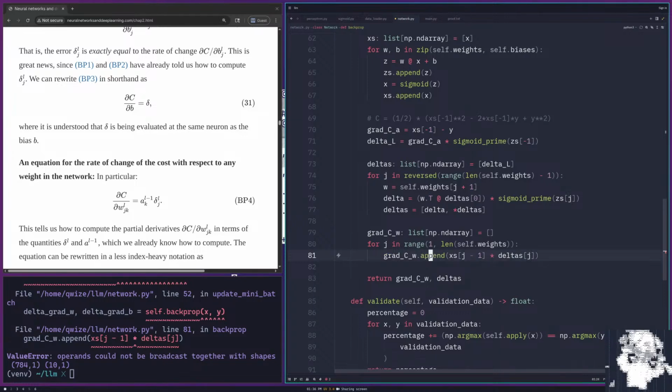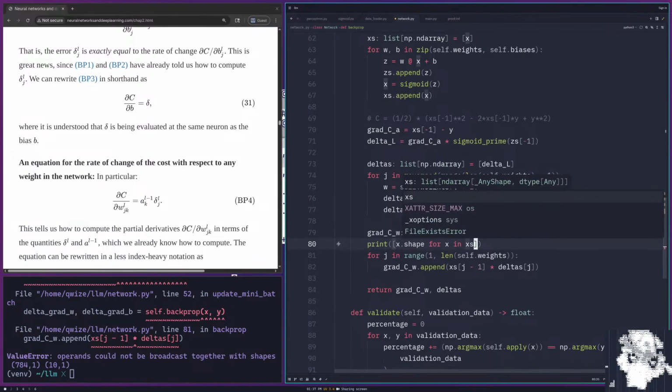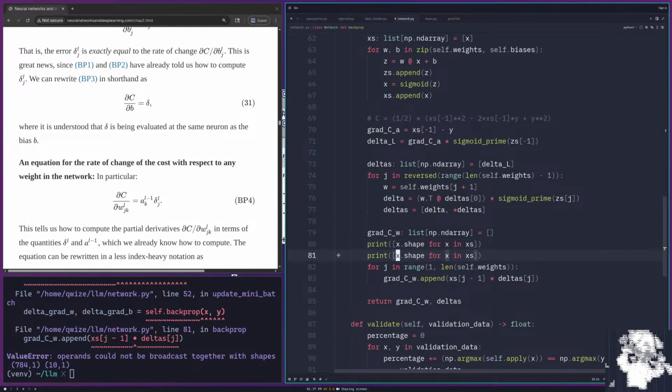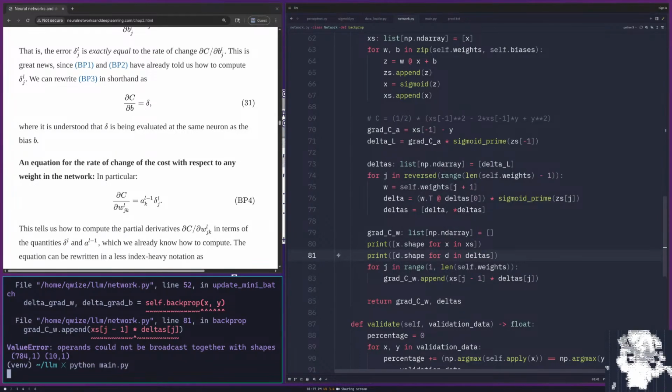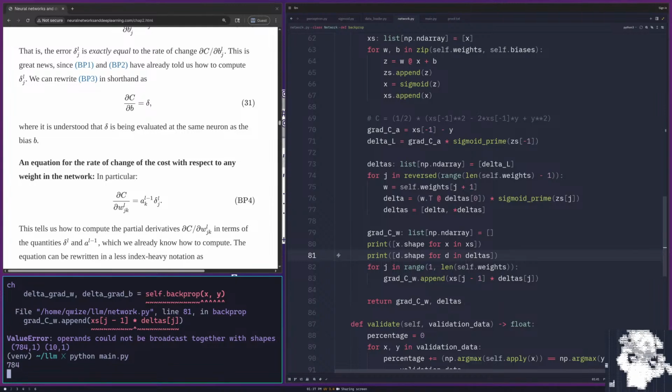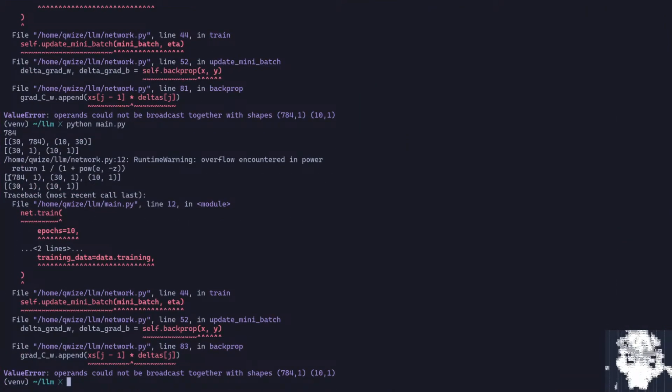I don't want to print. Print X dot shape for X in X's, and also print D.shape for D in deltas. So these are the X's. It starts with the input and then the activations of the second layer and then the activations of the final layer. My deltas